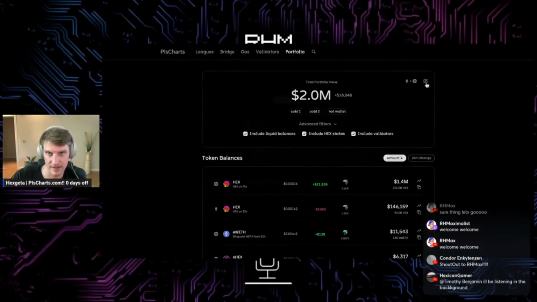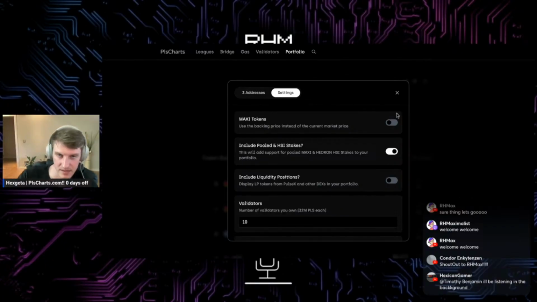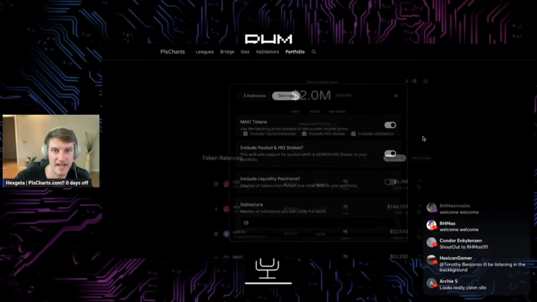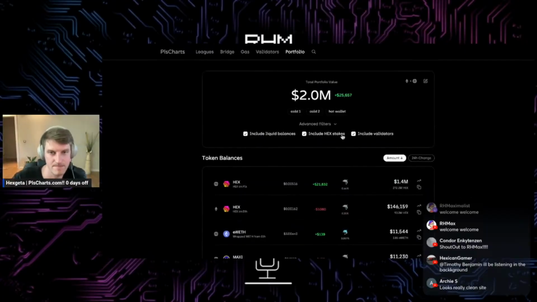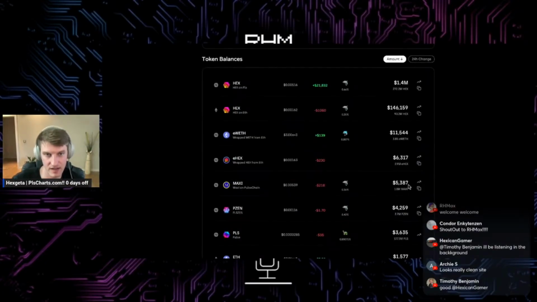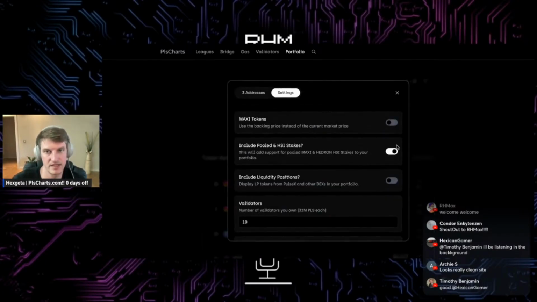The other cool thing in the settings is, for the Maximus pool stake tokens, as some of you may or may not know, they have two prices. There's the market price, which is the current price on Dex Screener, which sometimes because of the current bear market, liquidity, etc., the price is zero, which is unfortunate since they're worth like multiple hexes at this point. So what you can do is you can toggle this to use the backing value, and it also makes you feel better. Because then instead of seeing, say if I toggle this back real quick to show you the effect here, instead of seeing 5,387 for 1 million Maxi, you're going to be seeing